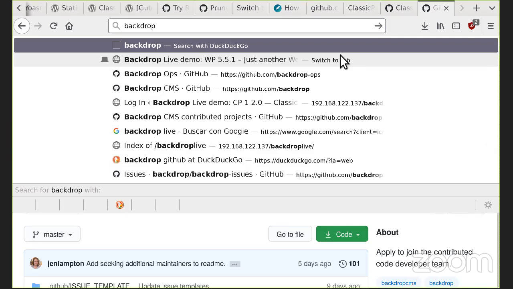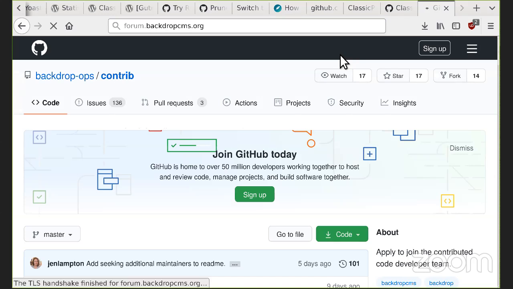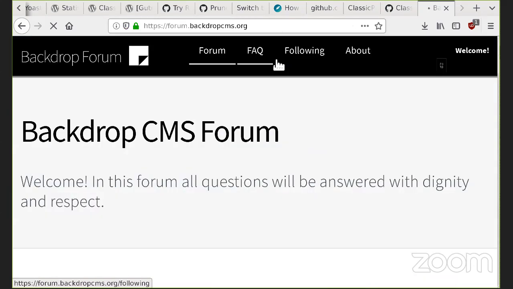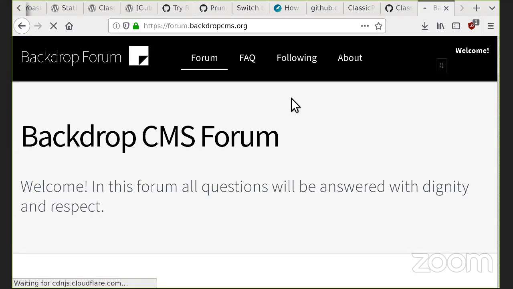The forum is forum.backdropcms.org. Yeah, we've seen the same thing. I'm curious, since WordPress and Backdrop and a lot of the CMSs are all built with PHP, how much of the code